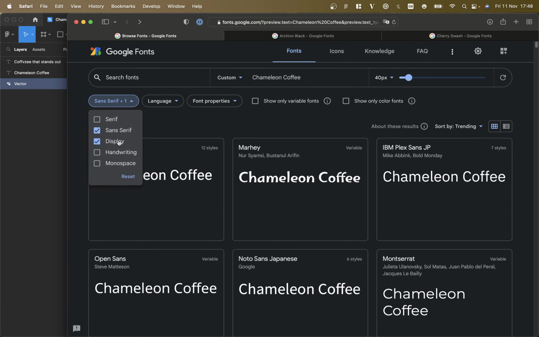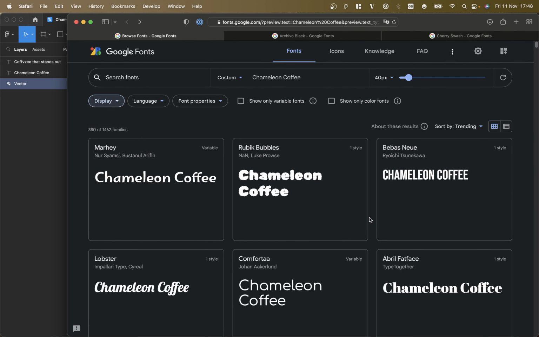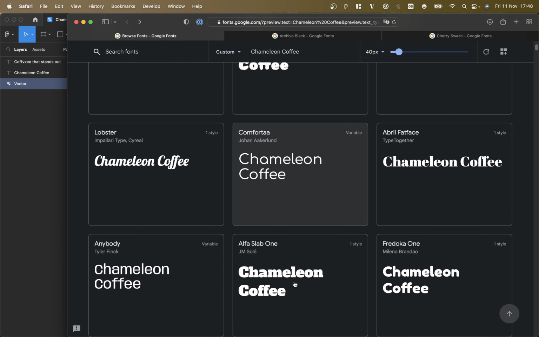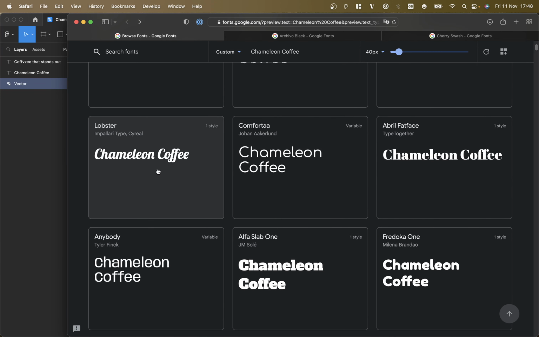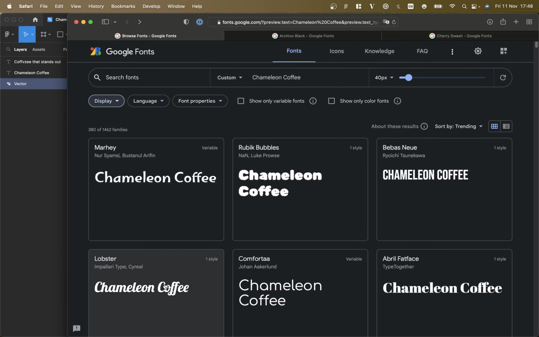All right, and display ones are just the ones that are meant for really big use on large applications. Lobster is a really popular display font. So just the other thing to be aware of is that a lot of people use Google Fonts and a lot of people use Lobster. So we won't be using Lobster because everybody uses it. It's a bit boring now. So I'm going to go for something a bit more